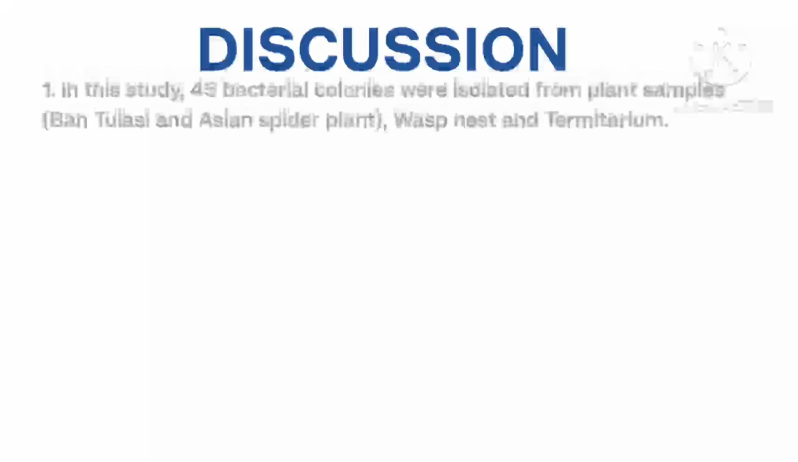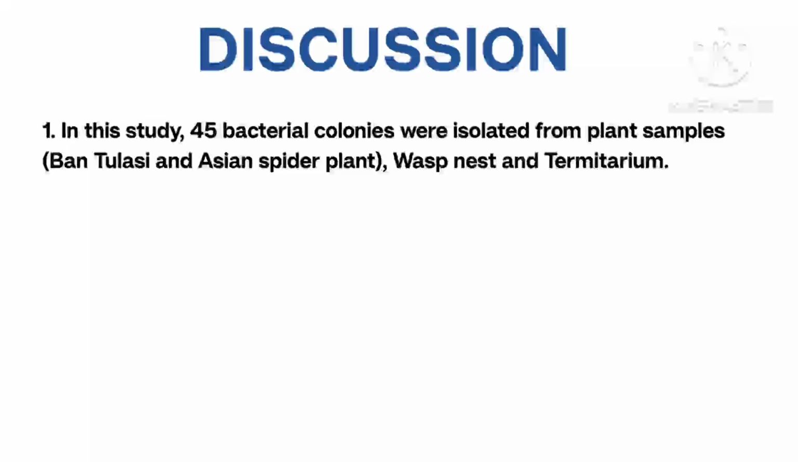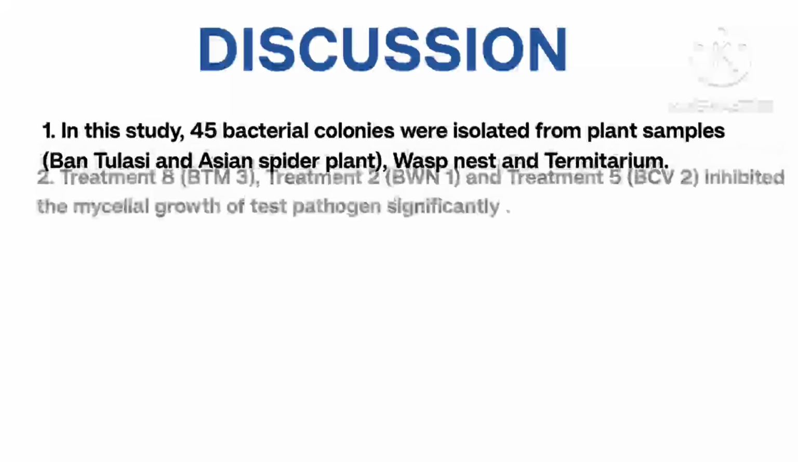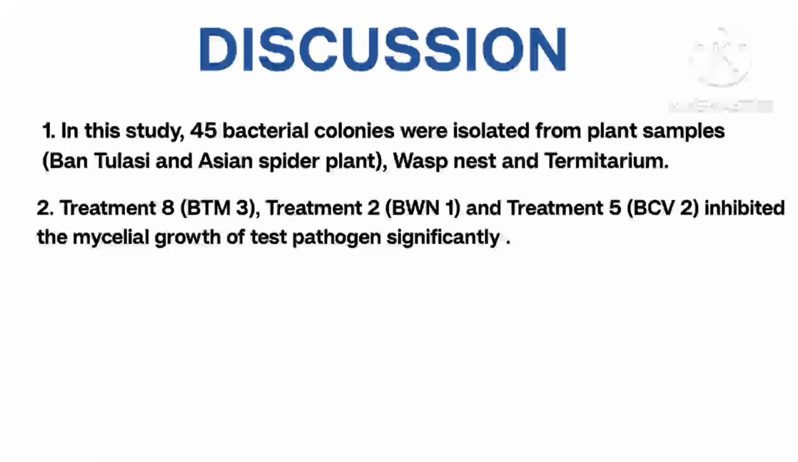Discussion. In this study, 45 bacterial colonies were isolated from plant samples: Bantholosi, Asian spider plant, wasp nest, and termitarium. Treatment 8, treated with bacteria 3 of termitarium, treatment 2, treated with bacteria 1 from wasp nest, and treatment 5, treated with bacteria 2 from Asian spider plant, inhibited the mycelial growth of test pathogen Fusarium oxysporum f. sp. cubense